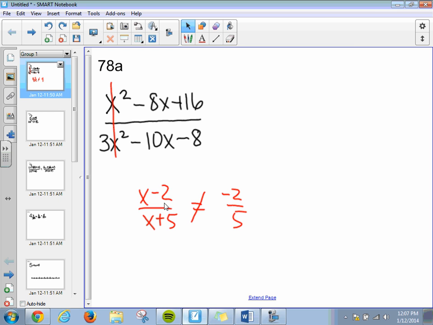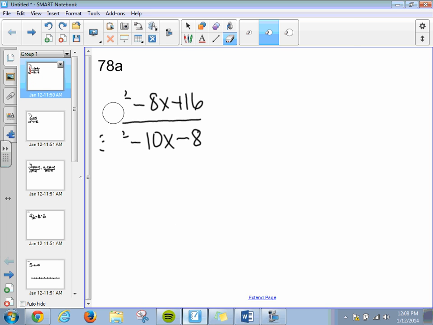The reason is that the operation we're doing is addition and subtraction. If that had been multiplication, if we had x times 2 and x times 5, then it would have been equal to negative 2 over 5. But addition and subtraction are what are tripping us up right now. The same is true when we try to simplify this expression. Remember, we had x squared over